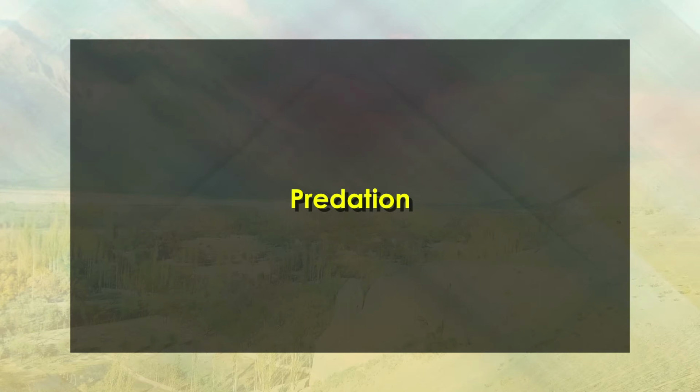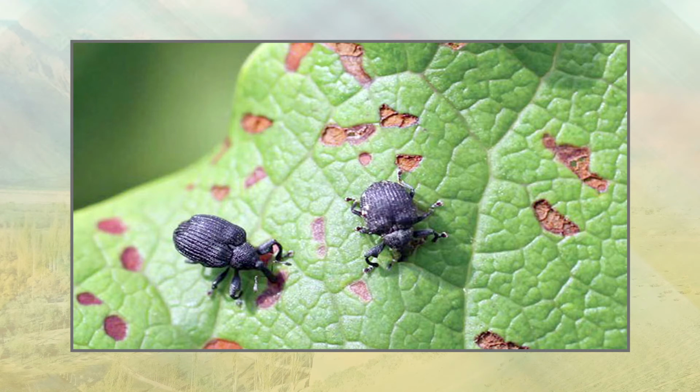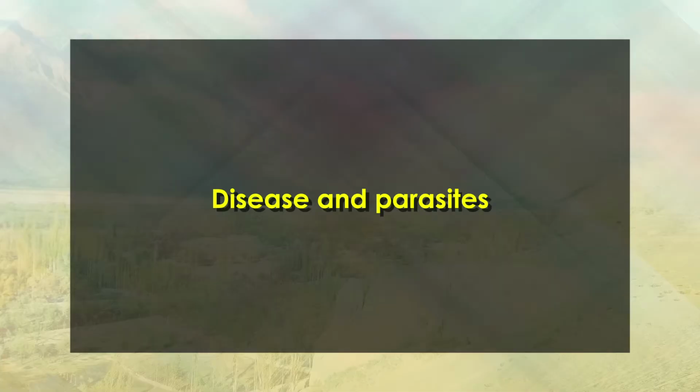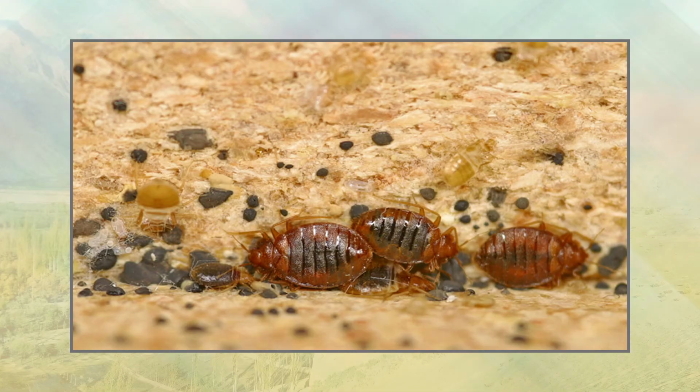Predation. Higher density populations may attract predators who would not bother with the sparser population. When these predators eat individuals from the population, they decrease their number but may increase their own. This can produce interesting cyclical patterns. Disease and parasites. Disease is more likely to break out and result in deaths when more individuals are living together in the same place. Parasites are also more likely to spread under these conditions.